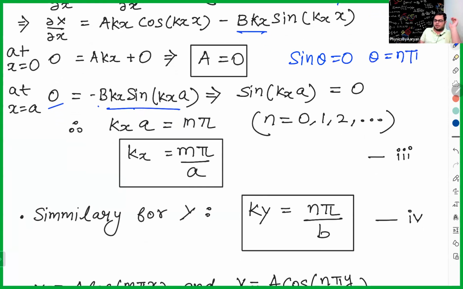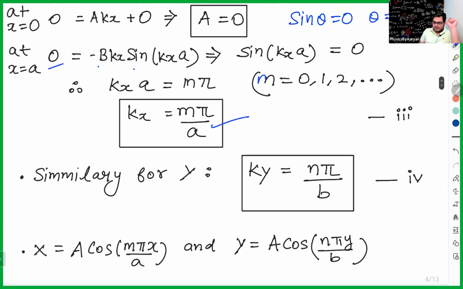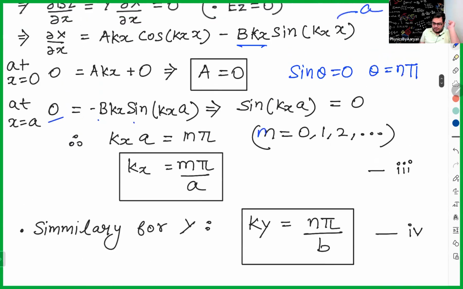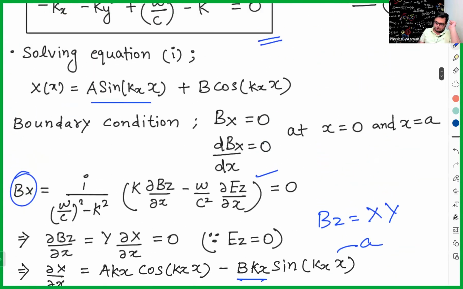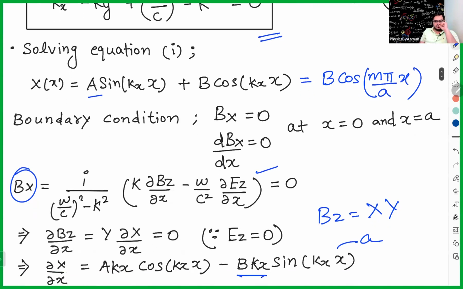when sin theta is 0, it means theta is equal to n pi: 0 pi, 1 pi, 2 pi, 3 pi, 4 pi. Sin theta जब भी 0 होगा तो theta होगा n pi. So if sin kx into a is 0, it means kx into a is equal to n pi. और यहाँ m या n की वैल्यू जो है वो है 0, 1, 2, 3, 4 and so on, और kx की वैल्यू आ रही है m pi by a। तो मेरा फाइनल x का सोल्यूशन क्या आ गया, my final x solution comes out to be: a तो 0 हो गया, b है, cos kx की वैल्यू मैंने कितनी निकाली, m pi by a into x।